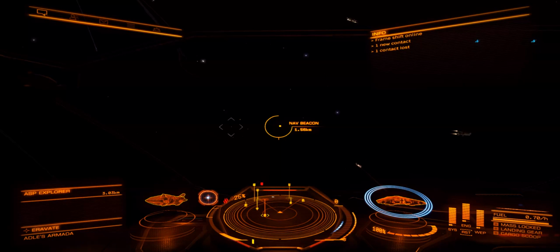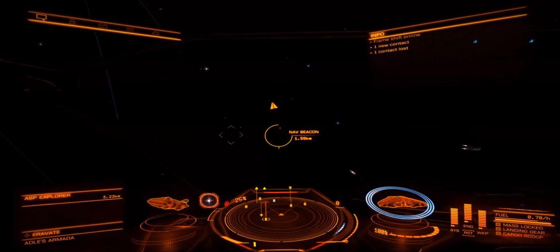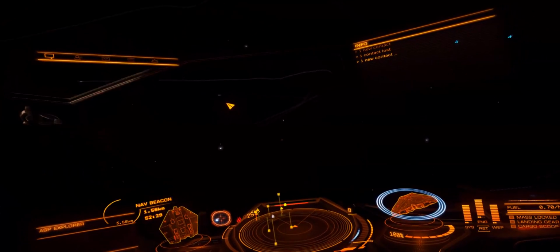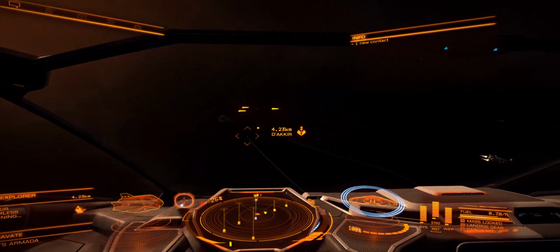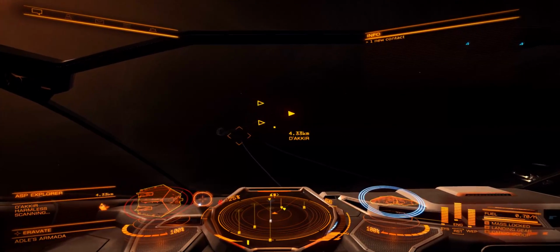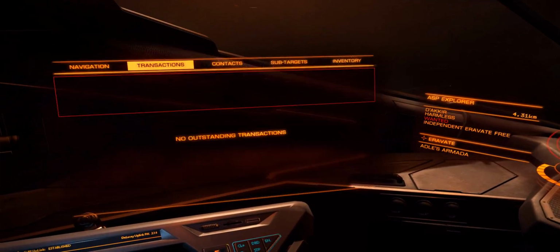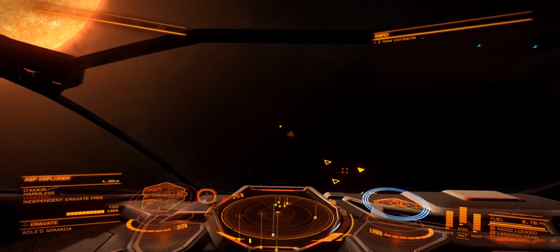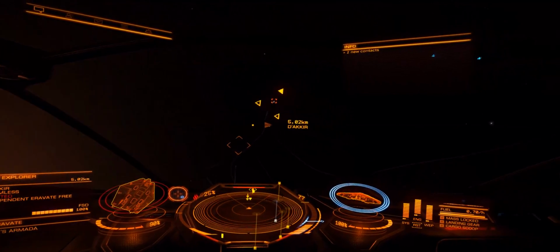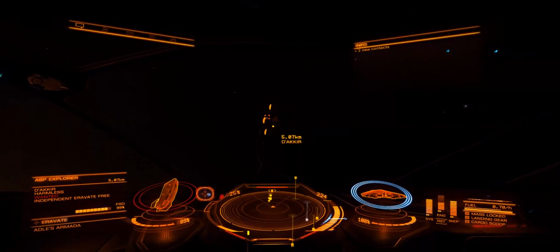Now, hitting G will lock onto a nearby target that I can look at. I'm going to speed up just a wee bit, and I'm going to scan as many of these ships as possible to determine who is wanted. This guy is wanted. That was quick. Go into sub-targets and lock on his FSD, which is his frame shift drive. Go to half speed, get it faster,